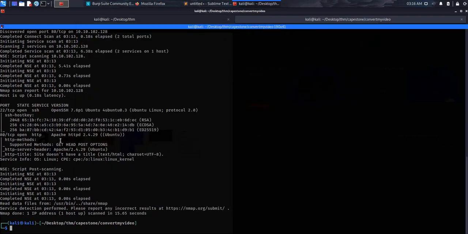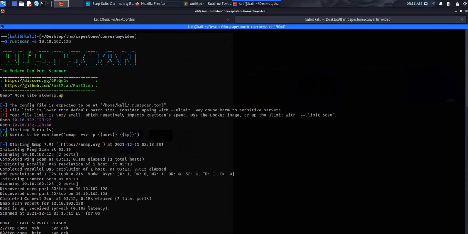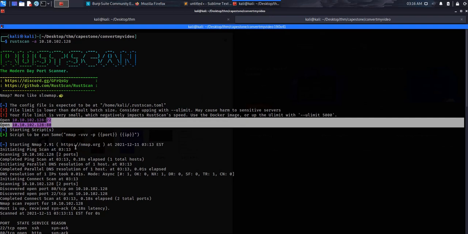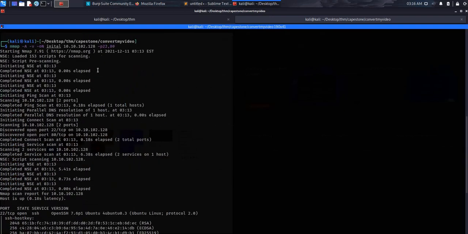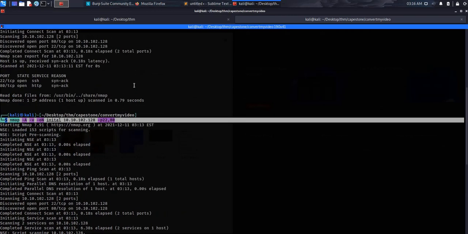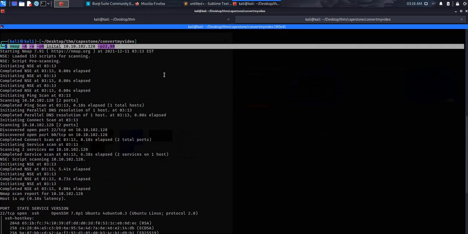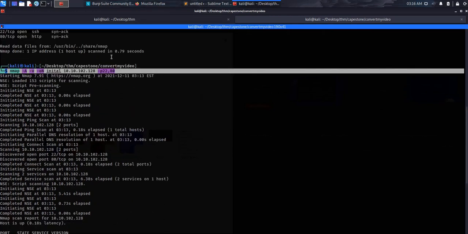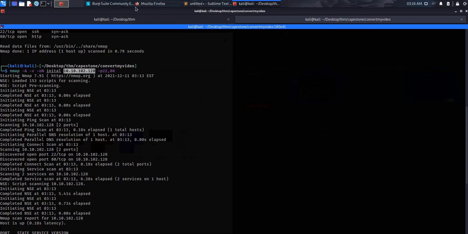Alright, so I already ran my scans. I've mentioned before I'm starting to do RustScan first before Nmap, because it just brings up the ports quicker. I'm probably gonna write a script so that I can just grab the ports and throw them into Nmap without having to type it all up manually. But we have two ports, 22 and 80, so now what we have to do is go to port 80, and I don't have the IP anymore, but